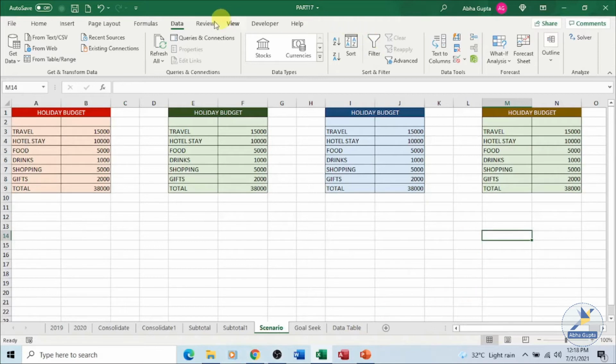It is present under your data tab and your forecast group over here. If you click on what if analysis, you can see all these three options over here. You can select any of these as per your requirement.